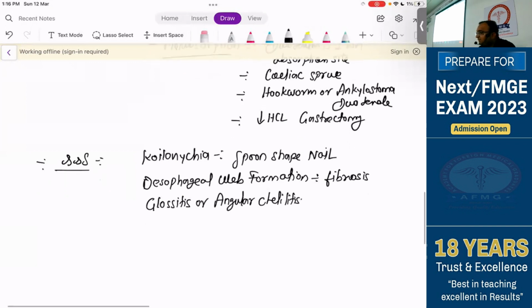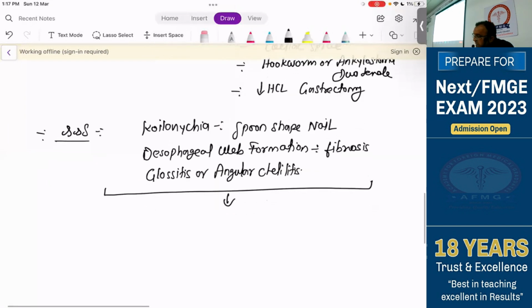When the tongue is inflamed or angles of the mouth are inflamed, that is called angular cheilitis. These features are seen in iron deficient anemia, and these features used to be seen in one syndrome also. What is that called? Plummer-Wilson syndrome